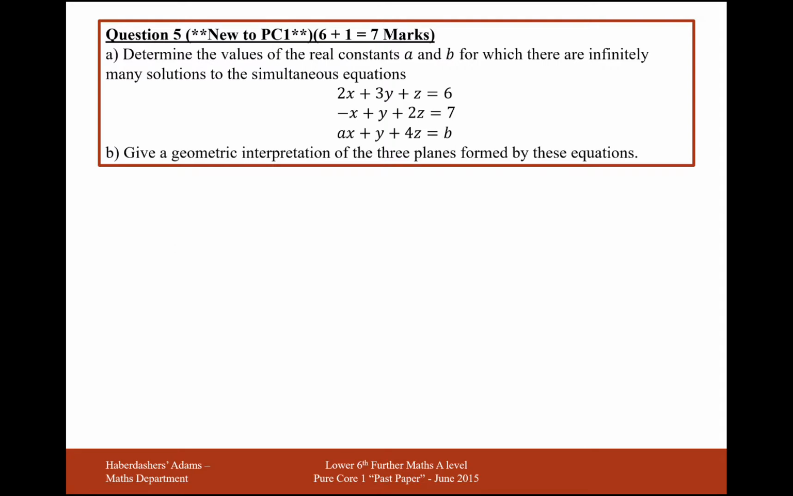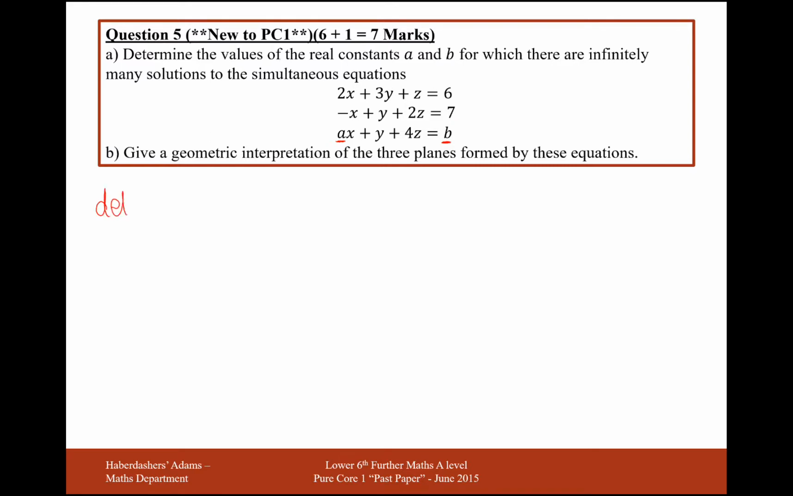Here we're looking at question 5. This is brand new to the syllabus for Pure Core 1. Okay, so determine the values of A and B. A appears in the third equation and so does B, for which there are infinitely many solutions to the simultaneous equations. Okay, first of all, if there are infinitely many solutions to this system of equations, the first thing